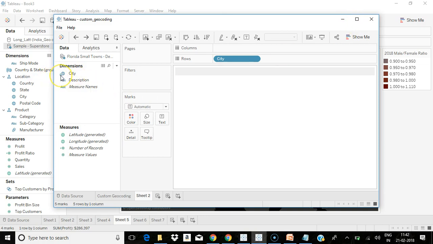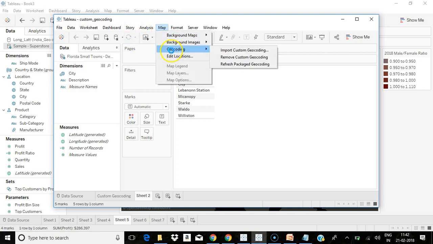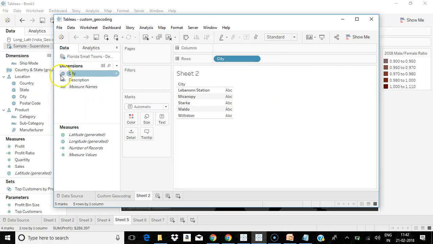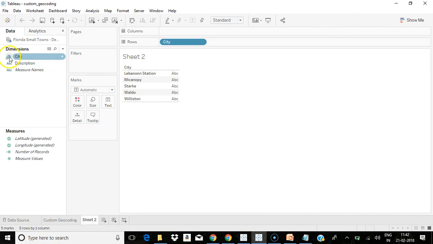So you could see the small box symbol. This indicates this is through a custom geocoding. So in Map, Geocoding, you could see it's already imported. It has a small box with your geographical symbol. This indicates this is referenced by your custom geocoding.